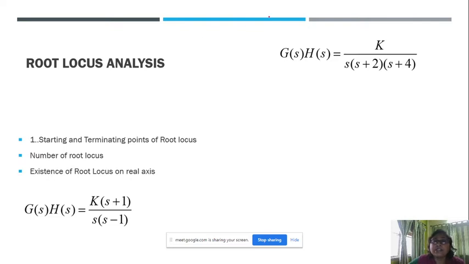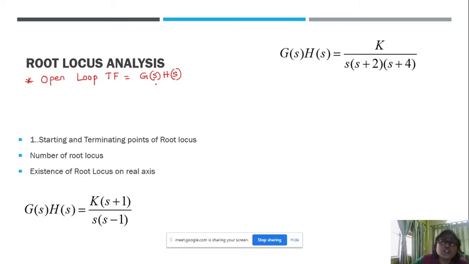So what is the point? The first point is that when we are going to get the root locus, we will take the open loop transfer function. So the first point to remember: the open loop transfer function we have to take. What is the open loop transfer function? We know that it is basically G(s) into H(s). We have to perform the root locus on the open loop transfer function G(s)H(s).